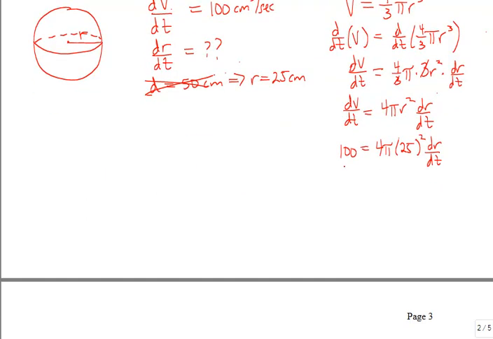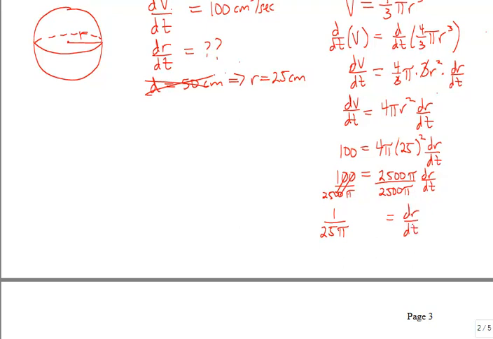Now let's clean this up. We have 100 on the left side. 25 times 4 would be 100, times another 25 would be 2500 pi. Don't bother getting a decimal for pi, just leave it in terms of pi. Now to finish solving this for dr/dt, I can divide both sides by that 2500 pi. A couple of zeros will cancel out, and we get 1 over 25 pi, and that's what our dr/dt